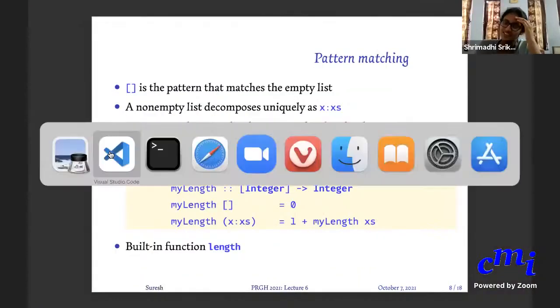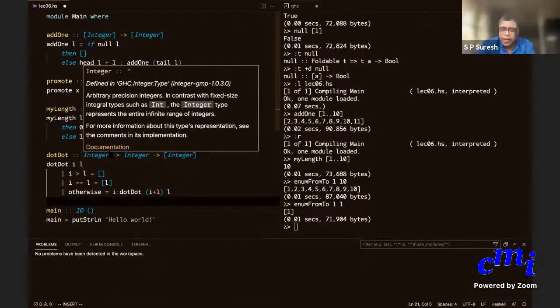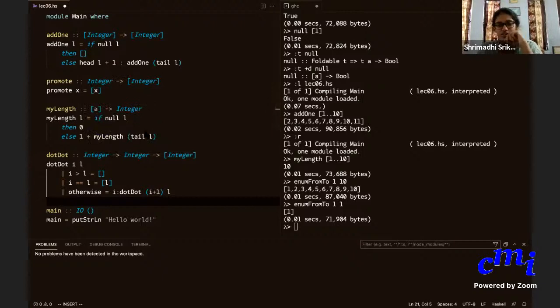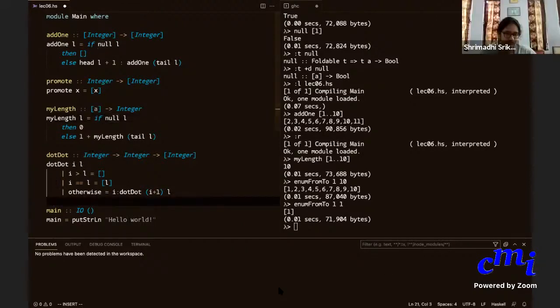So basically, you're using x colon xs to separate head and tail. x is the head, xs is the tail. So you don't have to write head and tail again. I don't need to explicitly write head and tail and so on. So for instance, if I want to add one, I'll have add one prime. Today, I think the Zoom is just killing my...